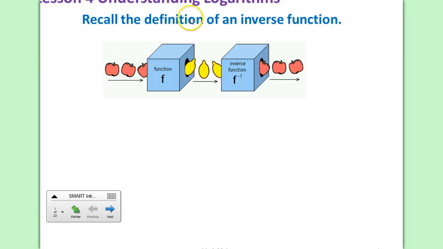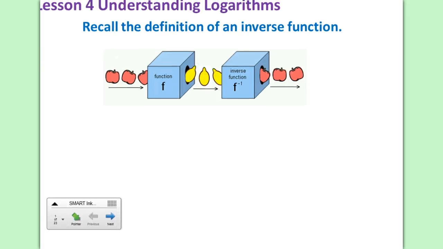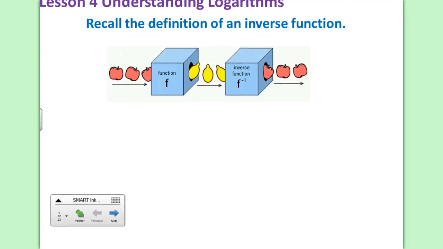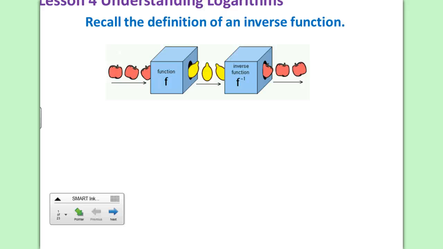Hey, Math 30-1. We are off on the next journey of exponents and logs. So you have now learned how to see the characteristics of a log of an exponential function. You have graphed it, you have looked at some applications, and you know that you can't solve everything that's an